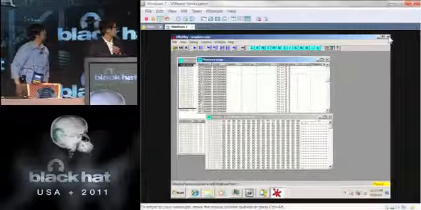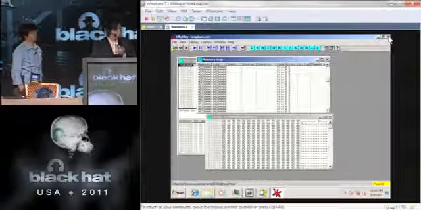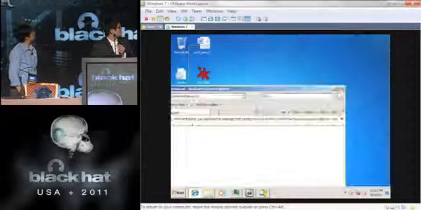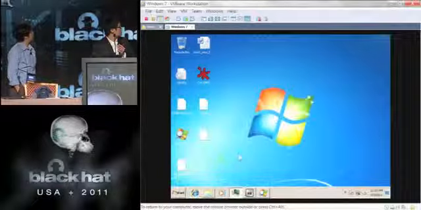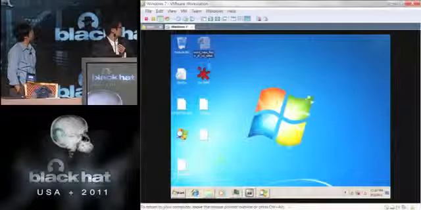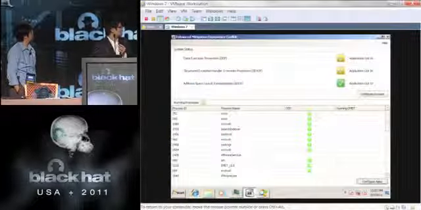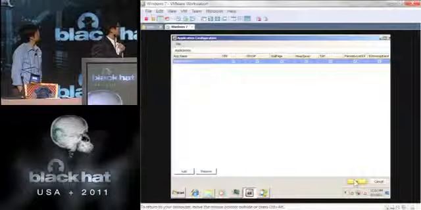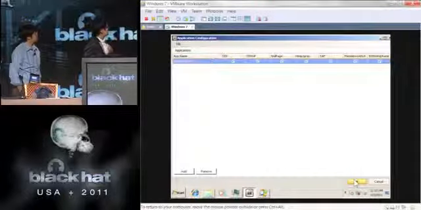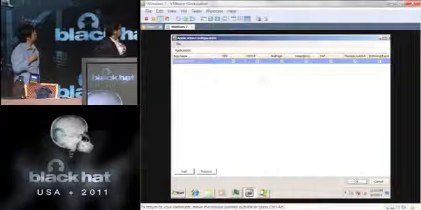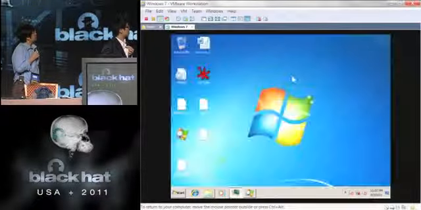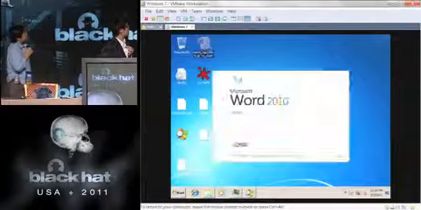And now we demo about EMET. The Word is protected by EMET.